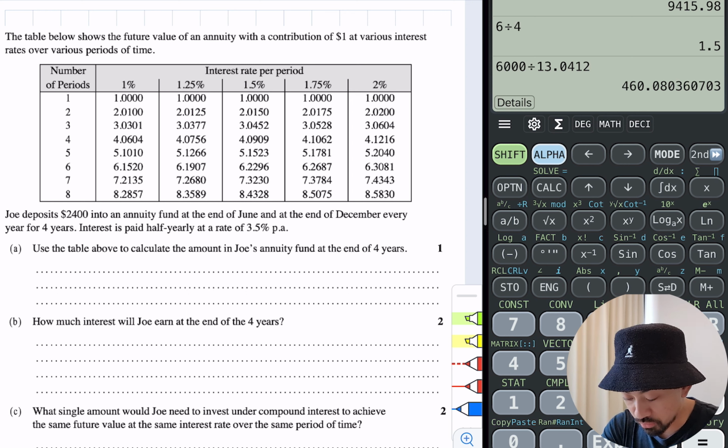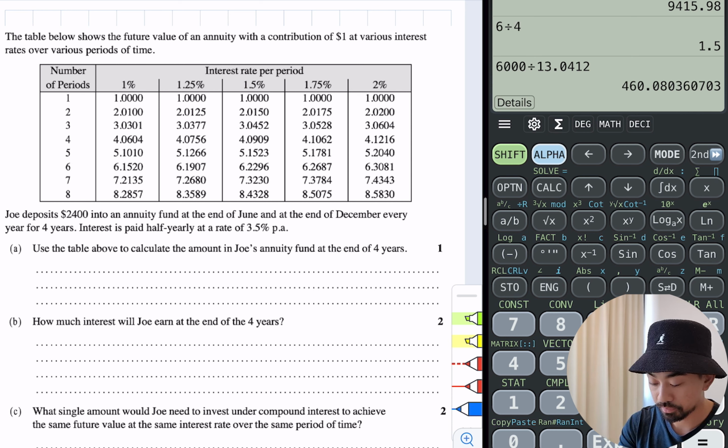So Joe deposits $2,400 into an annuity fund at the end of June and the end of December every year for 4 years. So he's putting $2,400 in end of June, end of December for 4 years. Interest is paid half yearly at the rate of 3.5% per annum. Use the table above to calculate the amount in Joe's annuity fund at the end of 4 years. Okay, so his contribution is $2,400